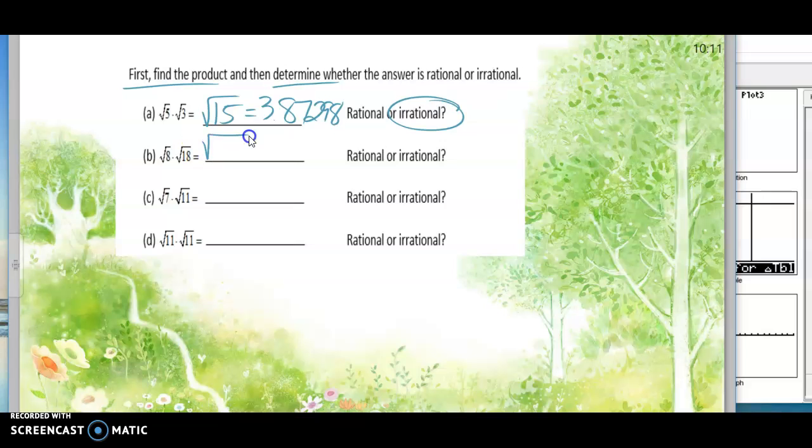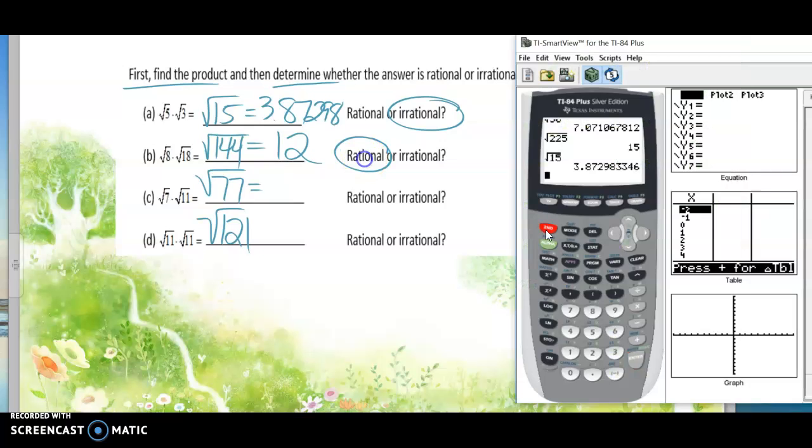But let's go to 8 times 18. 8 times 18, if you did it in your calculator, is 144. Is that familiar to one of your numbers in your list of perfect squares? It should sound familiar, because the square root of that is simply 12. And that is rational. We take a look at the next two, which is the square root of 77 and the square root of 121. Take a moment now to think about which is rational and which is irrational. Square root of 77, if I put it in my calculator, is going to be a number that's never